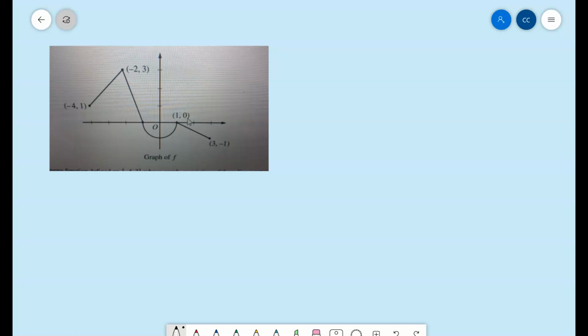All right, so we are going to take a look at a previous free response question. This would be a non-calculator. And basically we have a graph, and our graph is of the function f. So what we know is that f is a continuous function from -4 to 3, whose graph consists of 3 line segments, as well as a semicircle. We are told that g is